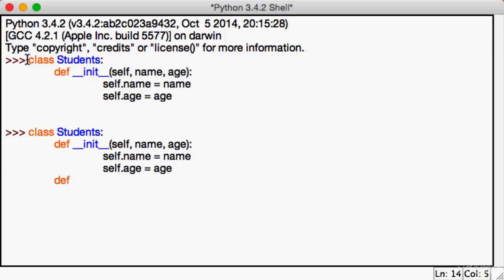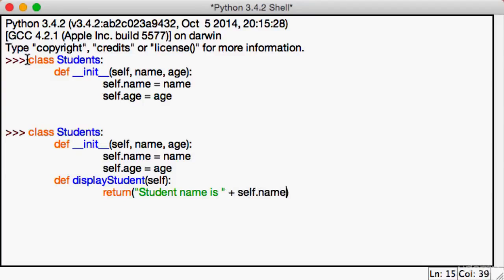So our next function is going to be display student. Now the parameter takes a self because again you need a way to reference it. And over here what we can do is return a string. All the string is going to say is "student name is", and then go ahead and add self.name, and then in quotation marks, "and age is", and then go ahead and convert this into a string,